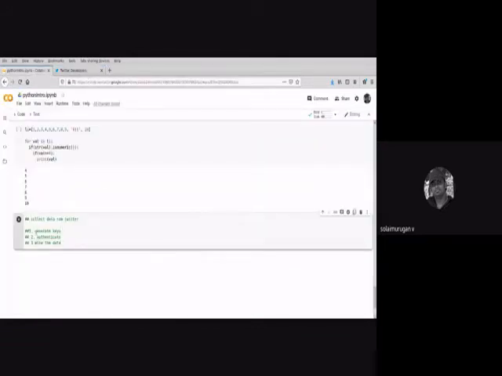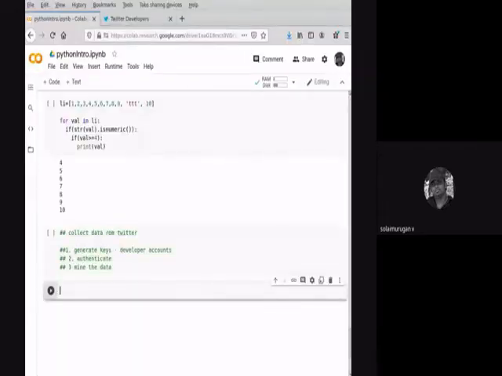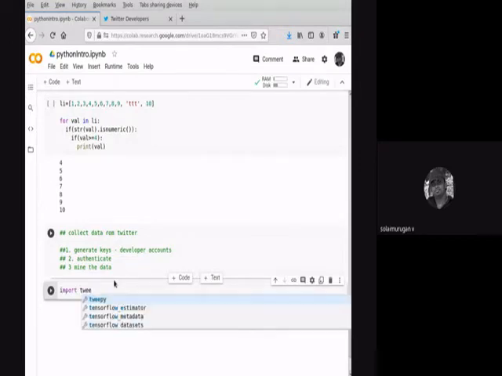So the first step is to generate a key. We generate a key by logging into the developer accounts. Second, we have to authenticate through our Python program. For that we require a package, tweepy.